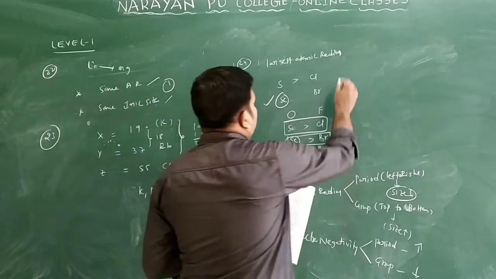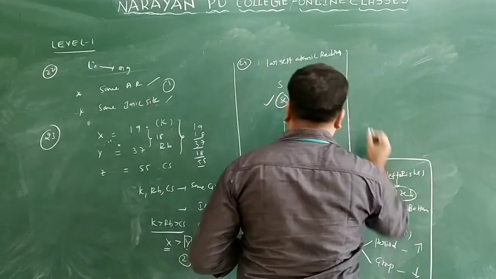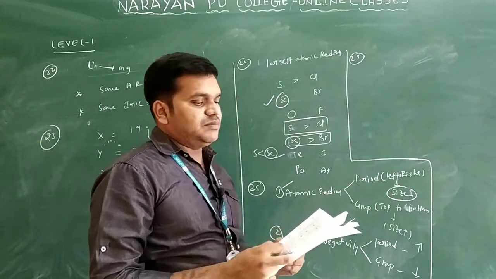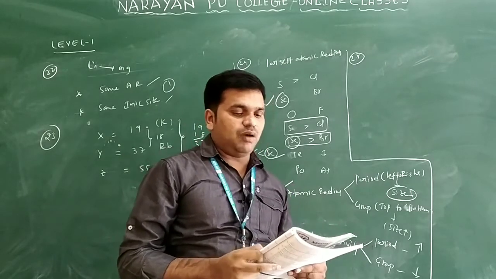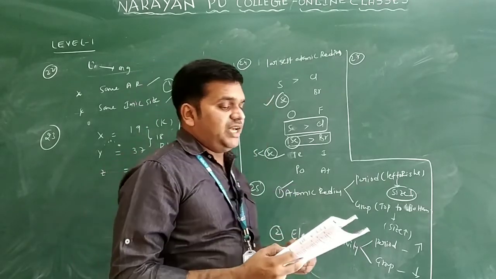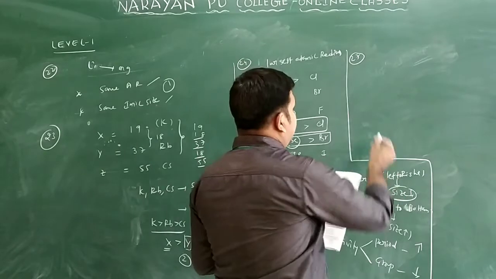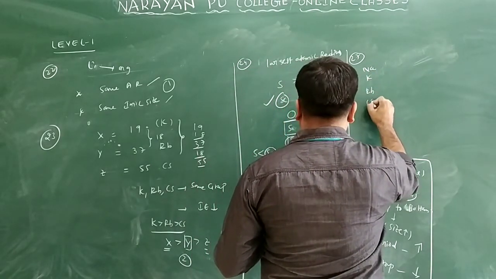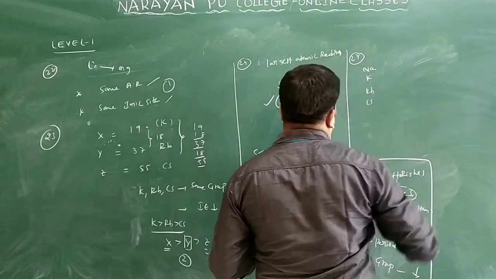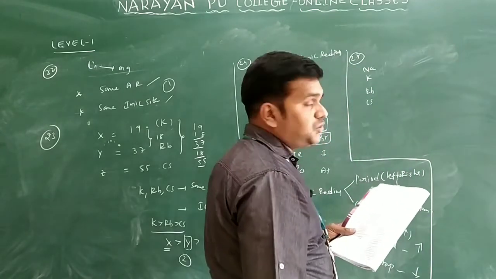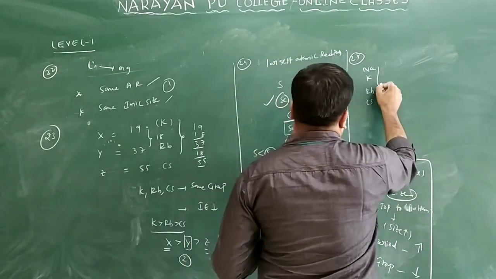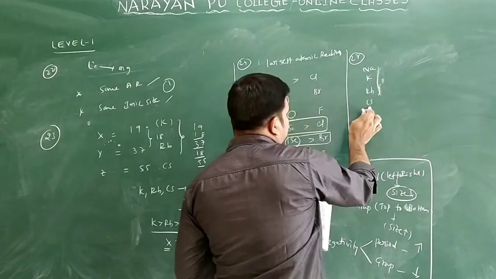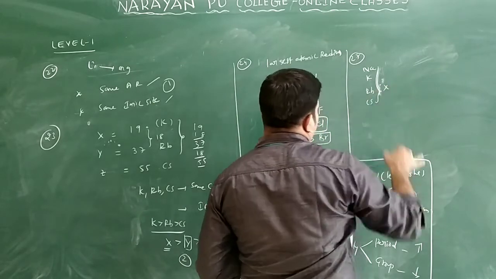Now we'll see question number 27. Which of the following atoms have nearly the same atomic radius? The first option given is sodium, potassium, rubidium, cesium. Generally, top to bottom in a group, atomic size increases. So sodium is less than potassium, less than rubidium, less than cesium. So this is not the answer for that question.